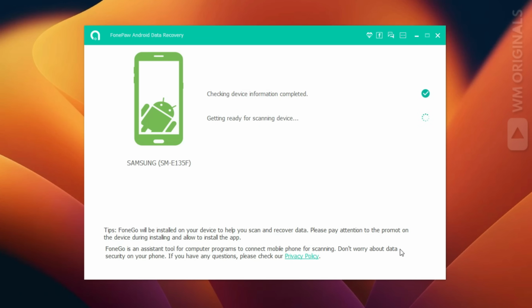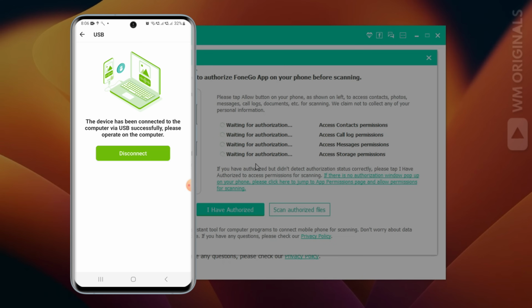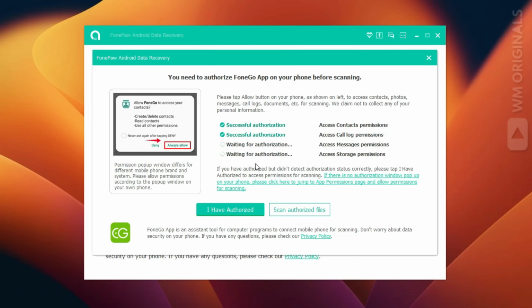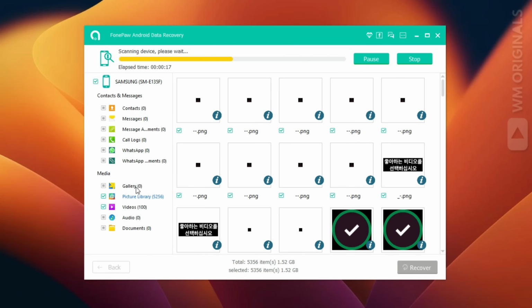Checking device information completed. Getting ready for scanning device. Now this will install the FonePaw Assistant app on the Samsung Android phone and will require us to give some permissions to access data. Tap on allow to give permissions. As we give permissions, here it shows success in connection. Once done, it starts scanning for deleted data, and within a few seconds